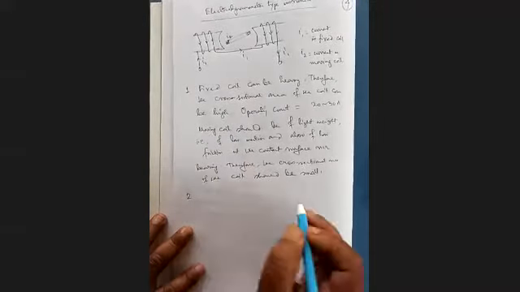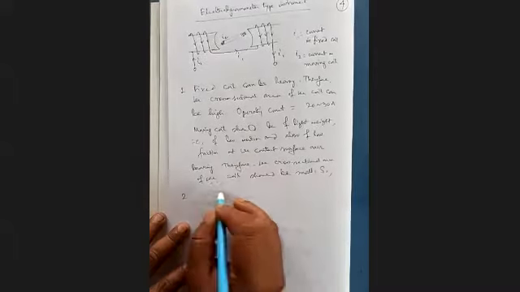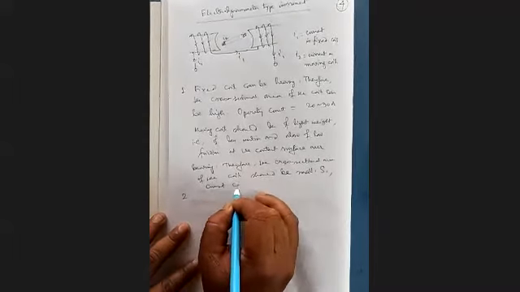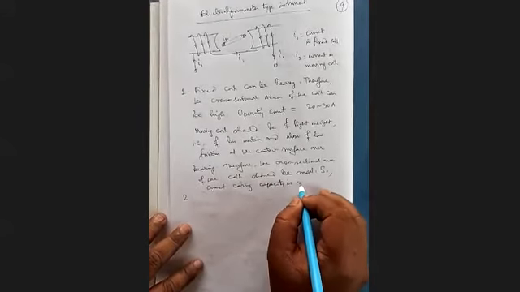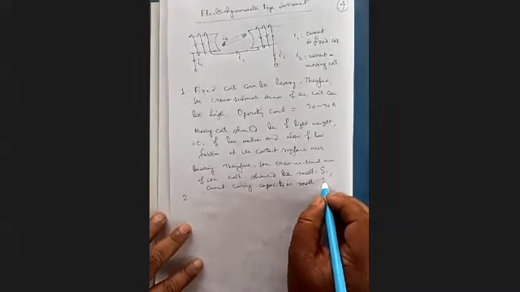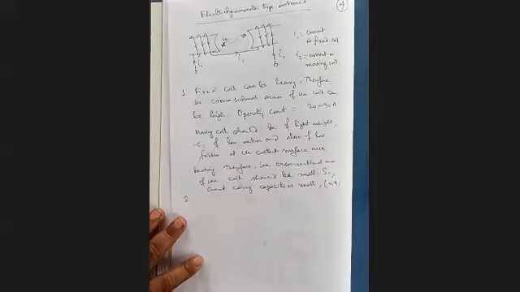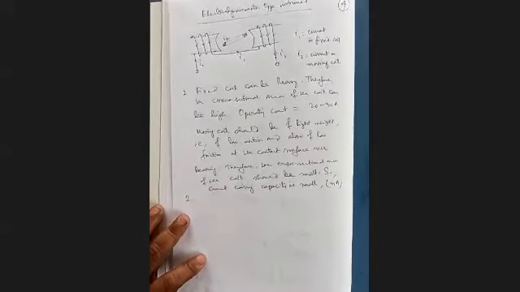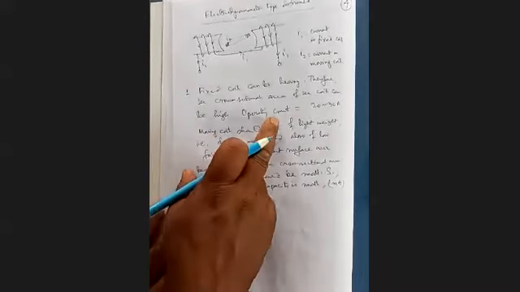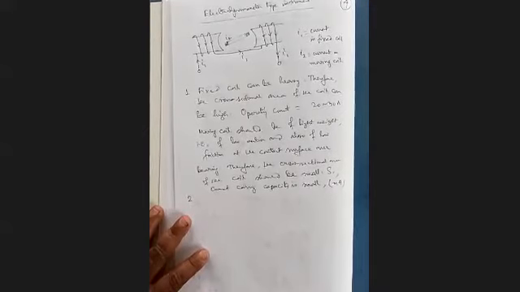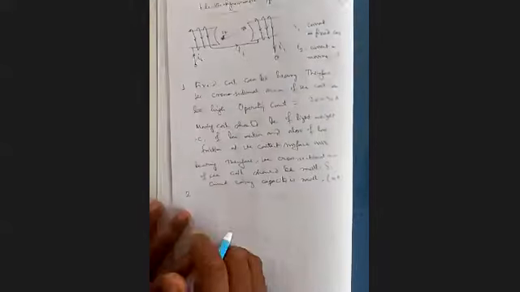Therefore, our moving coil's current carrying capacity is small, of the order of microampere, milliampere, not more than this. Now, as the fixed coil is carrying a large amount of current, therefore, to produce a certain MMF, the number of turns need not be made large for the fixed coil.